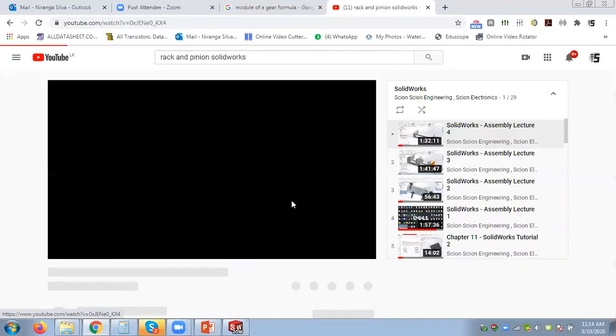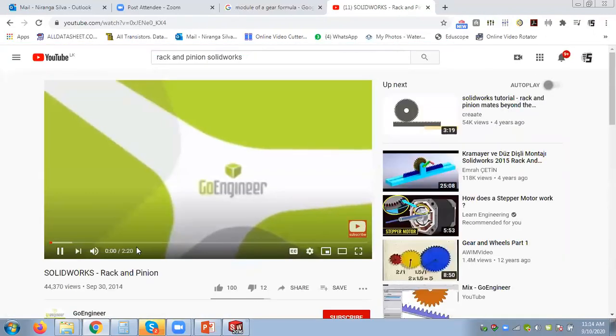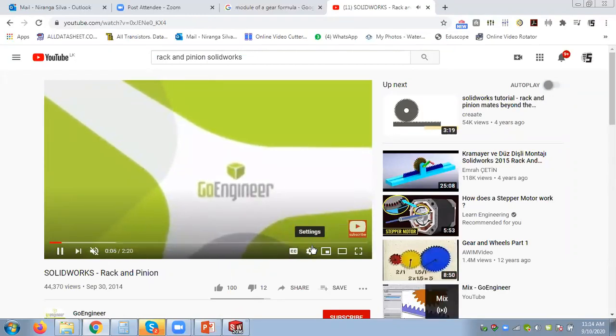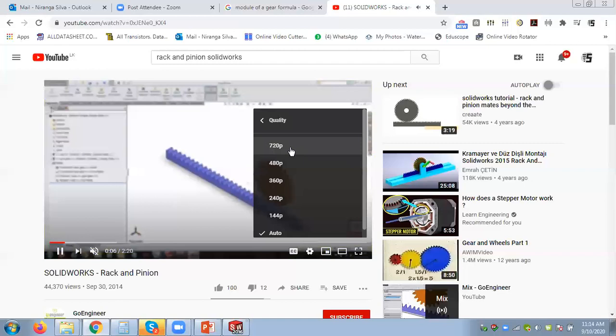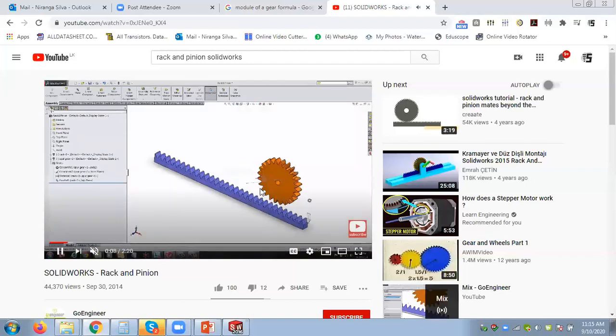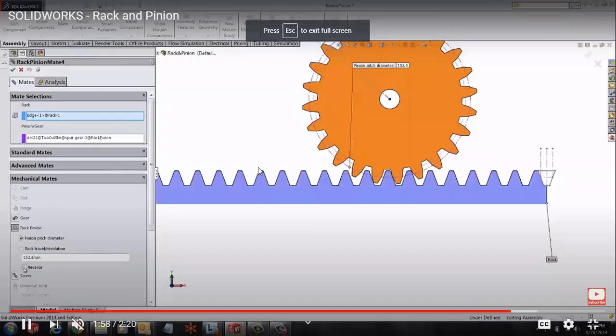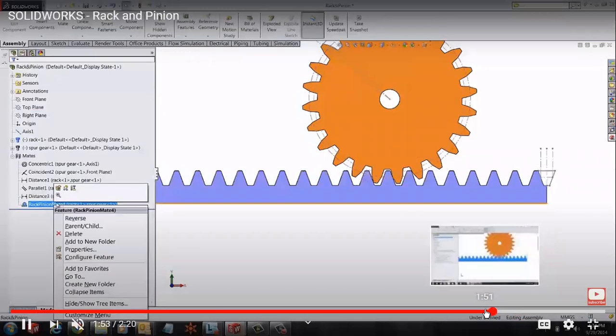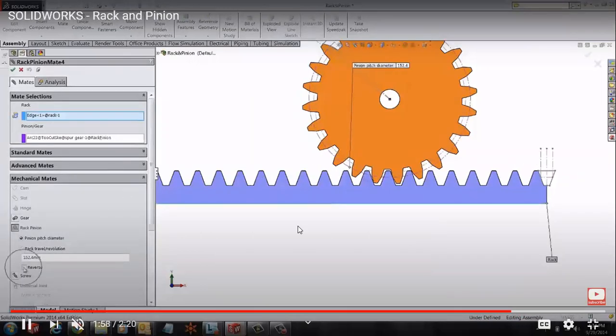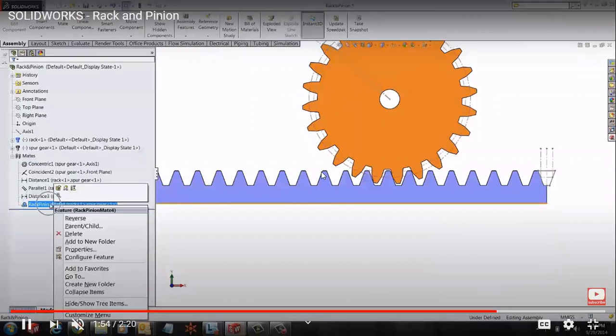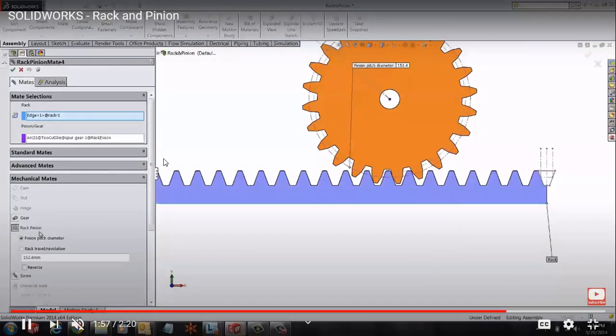So here they are doing the animation. Here they are selecting this as the reference. So you can see how they are selecting the mate references. So the first one,